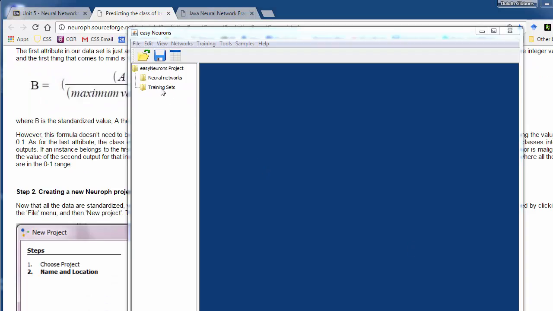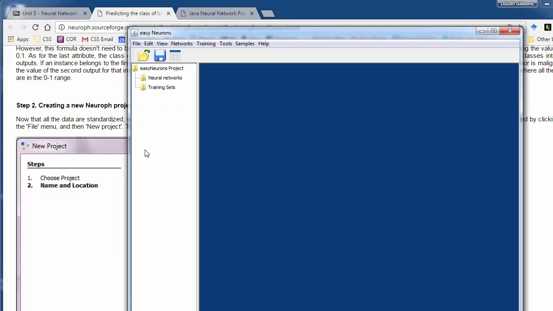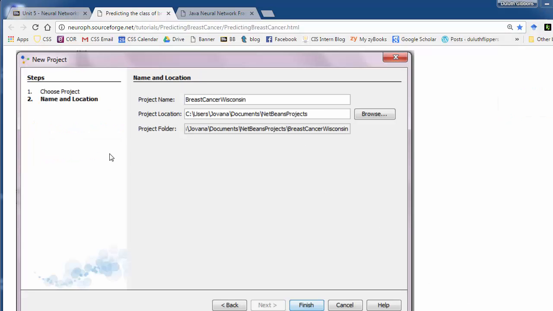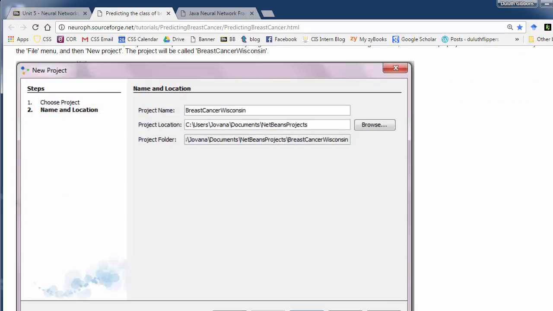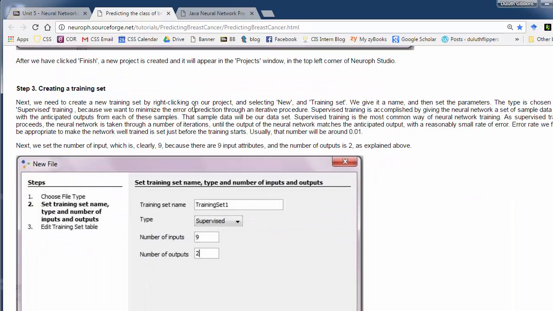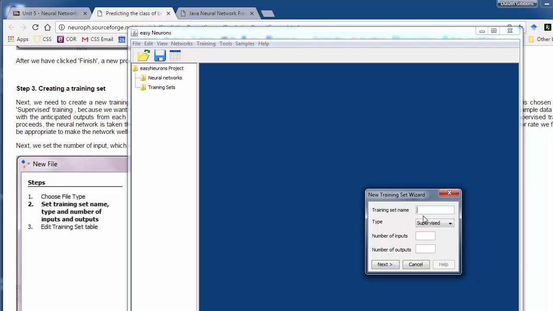Okay, and so the first thing we need to do is set up our training data here and read in that data. So you can skip over this first thing with this new project here. We don't have to create a new project. We'll just create the networks directly with this example, and we'll get that in a sec. So we're going to bring in our training set here. We're going to click on the training here, do new training set, give it some name, cancer data,